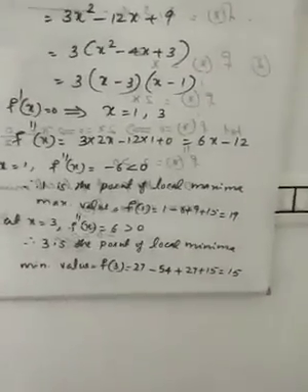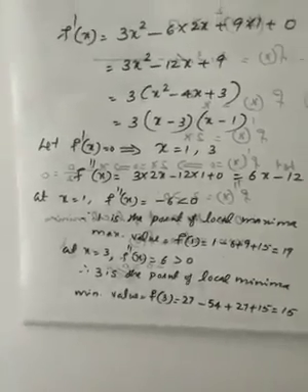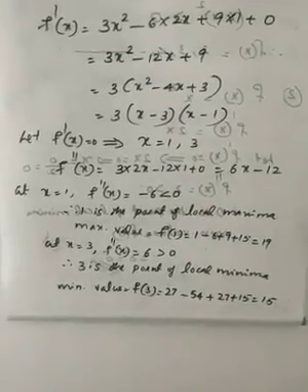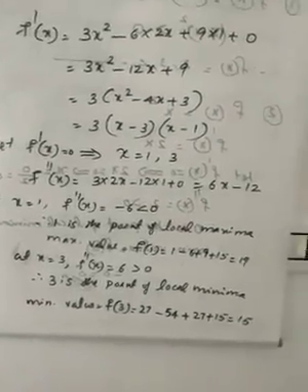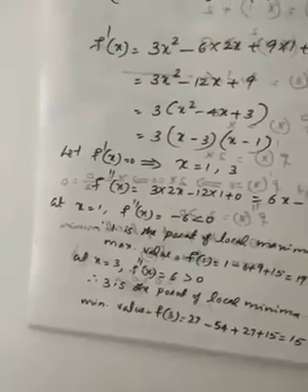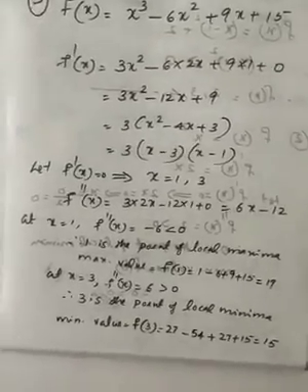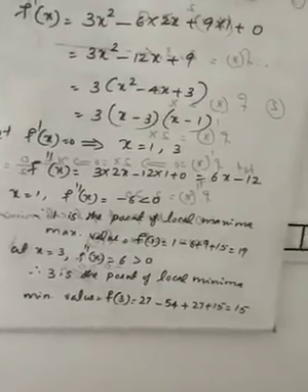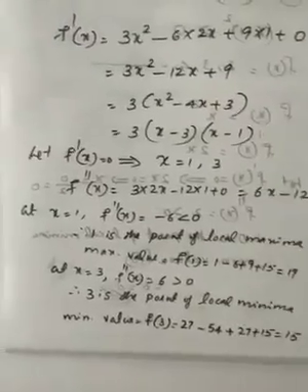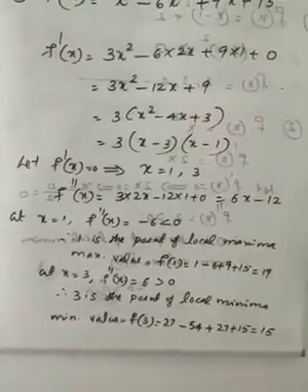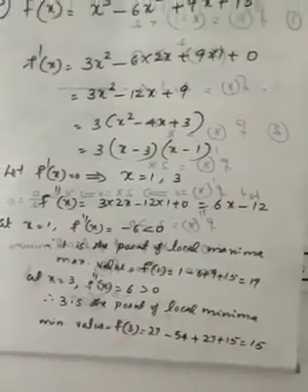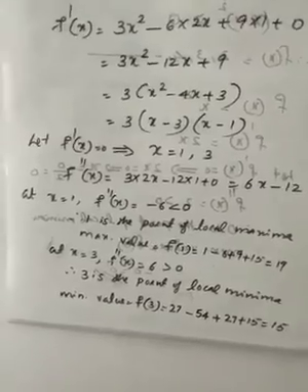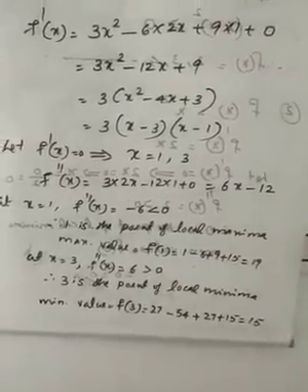And this is the second order derivative test to find the local maxima and local minima. What are the steps? Find f dash x, and find x when f dash x equal to 0, and find f double dash x and substitute the values for x. If the second order derivative is positive, we can say that this is local minima. If the second order derivative is negative, it is called the point of local maxima.